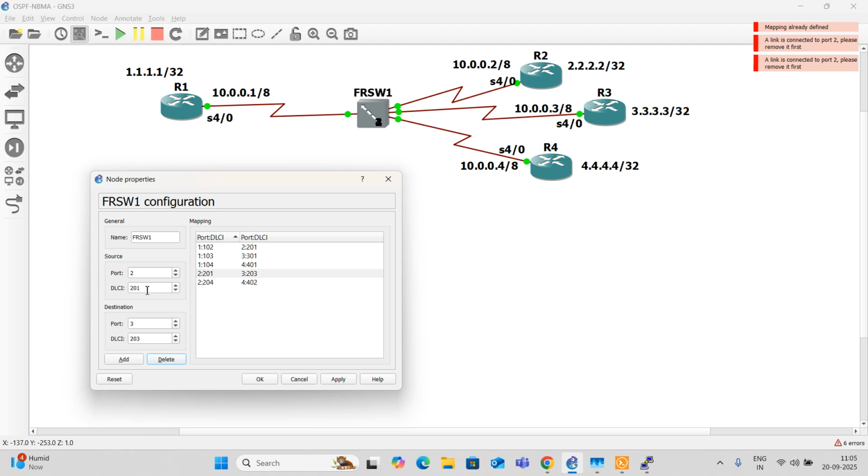I think at least I can alter this. 203, 302. Okay, likewise, 3, 304, 4, 403.